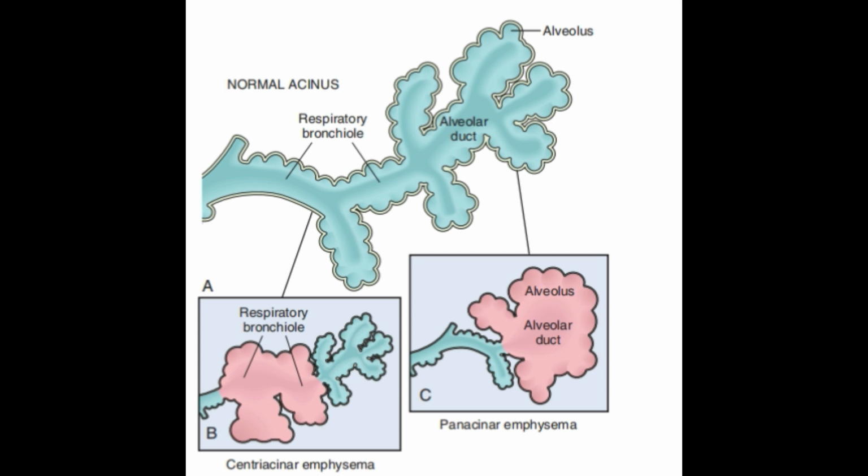Septa tether these structures in the parenchyma. With the loss of elastic tissue in the surrounding alveolar septa, radial traction on the small airways is reduced. As a result, they tend to collapse during expiration. An important cause of chronic airflow obstruction in severe emphysema, bronchiolar inflammation and submucosal fibrosis are consistently present